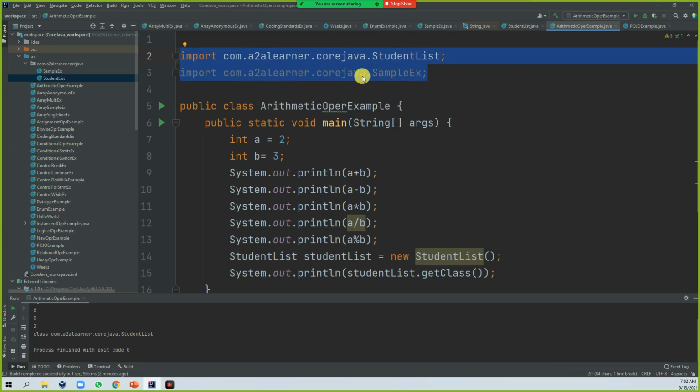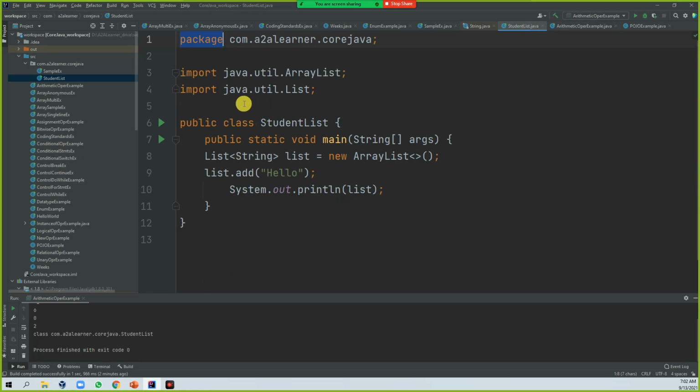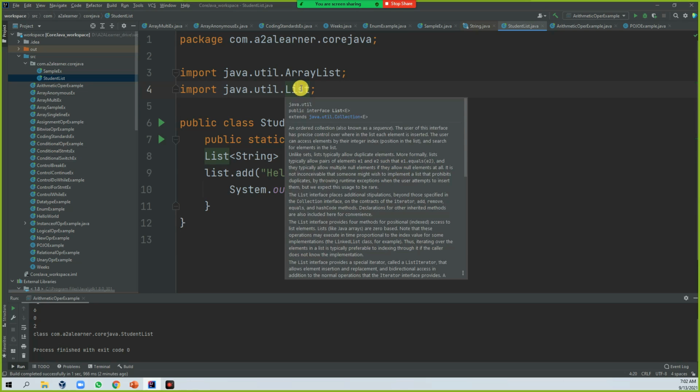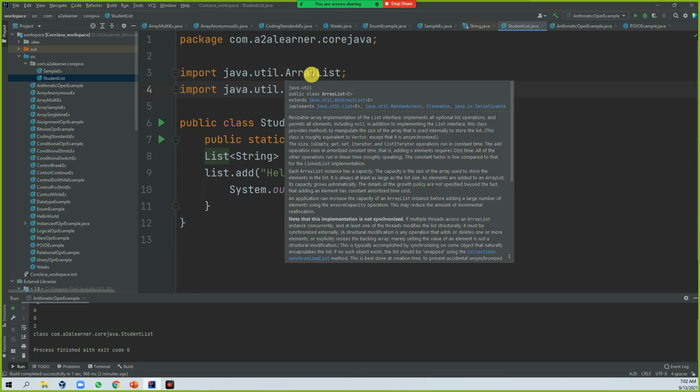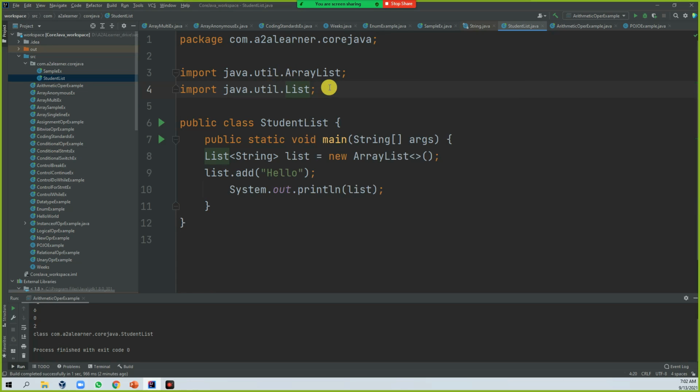You need to import. That is the reason in this import, whatever student list you use, java util is the same. Util is the folder name. Inside, array list and list are two kinds of files that exist, but along with that it has so many. So you are not importing everything. You are just importing whatever you require. Array list is one and list is another. This is the way you can use it. Packages.